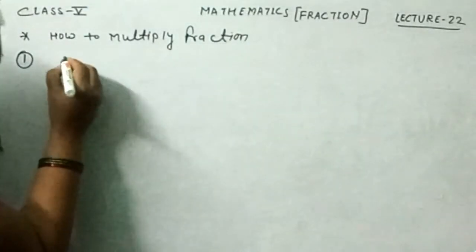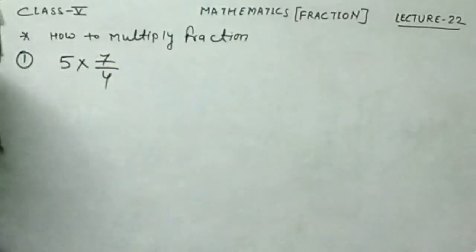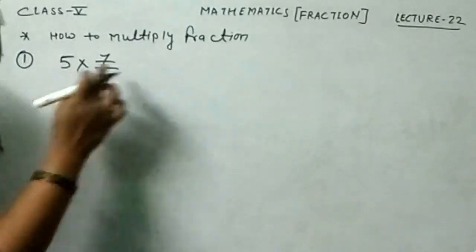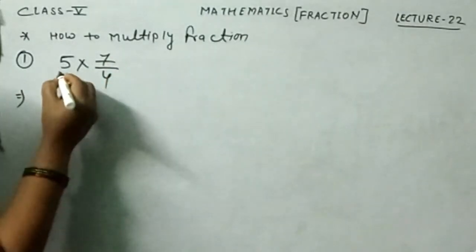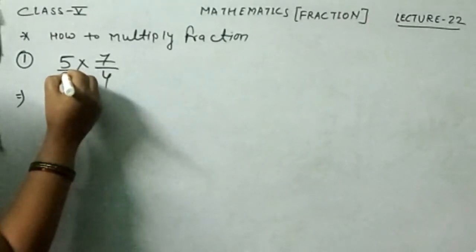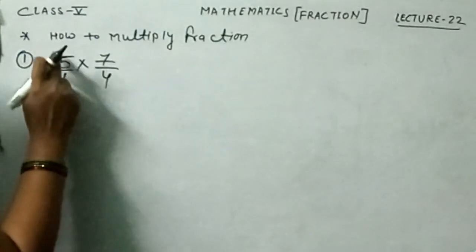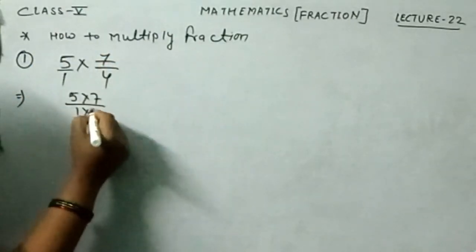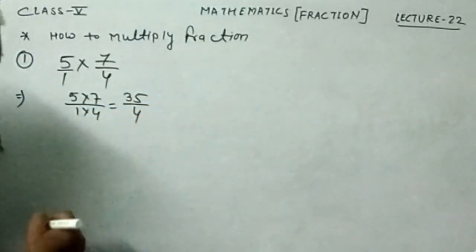And if here 5 multiply 7 by 4, okay, here one single number is given, here the fraction 7 by 4 is given. So remember, you can write 1 under it, then it will be a fraction. So the upper numbers you have to multiply together, 5 into 7 and 1 into 4. 5 7s are 35 and 4 1s are 4.